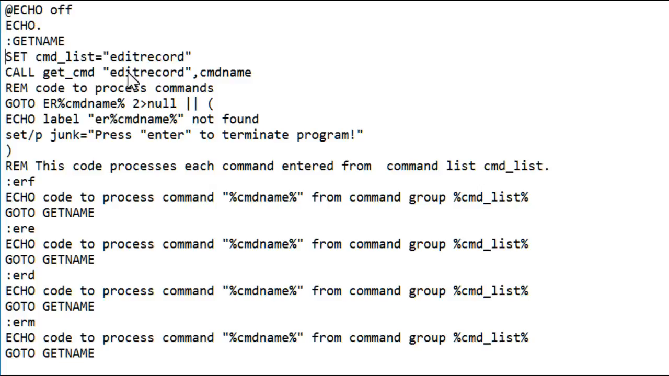And my test group here is called edit record. So you might have a file management section or whatever, another section of code like this. And you would probably say FM for file management, and then you would have the label starting with FM and then the commands from that set of commands from that command list. So that's pretty much it. And